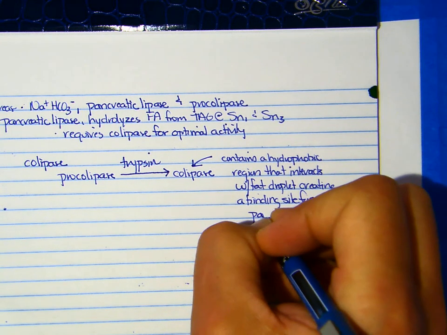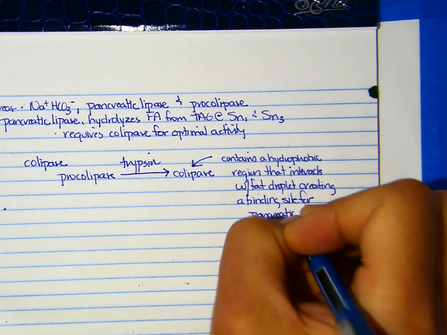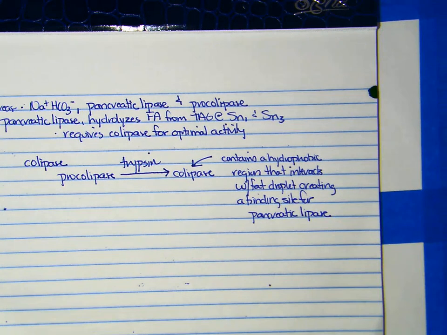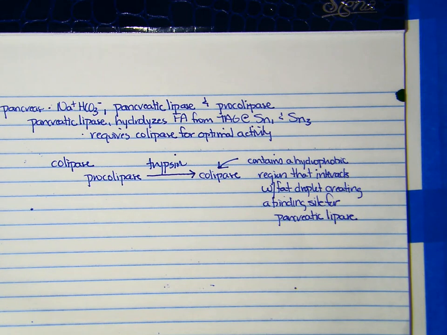Okay, so it's basically an anchor or a spot. So we have this fat droplet that we made, emulsification. We've coated that fat droplet in bile, and colipase is going to create a spot. It's going to bind because it's hydrophobic. It can attach or associate closely with the fat droplet, and that creates a spot for pancreatic lipase to attach